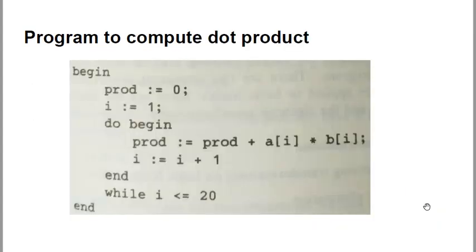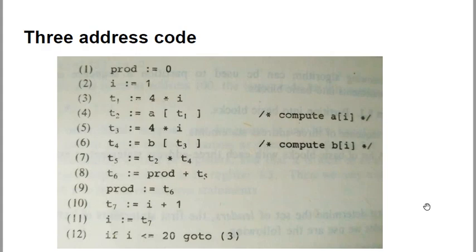So how to draw a flow graph? Suppose this is a simple program for computing a dot product. Now we have to convert this program into our 3-address code. Suppose our 3-address code is like this. For this particular 3-address code, you can identify how many basic blocks. See over here, always the first statement is our leader. So the first basic block will start with this first statement, which is our leader.